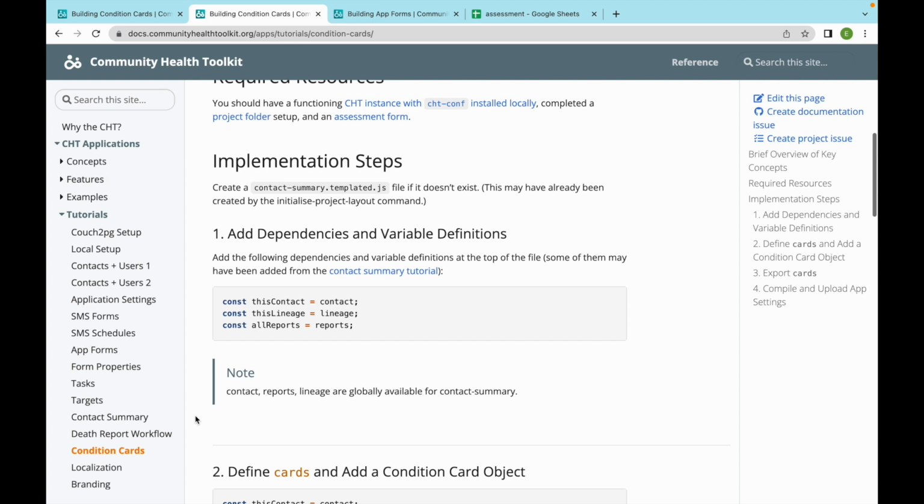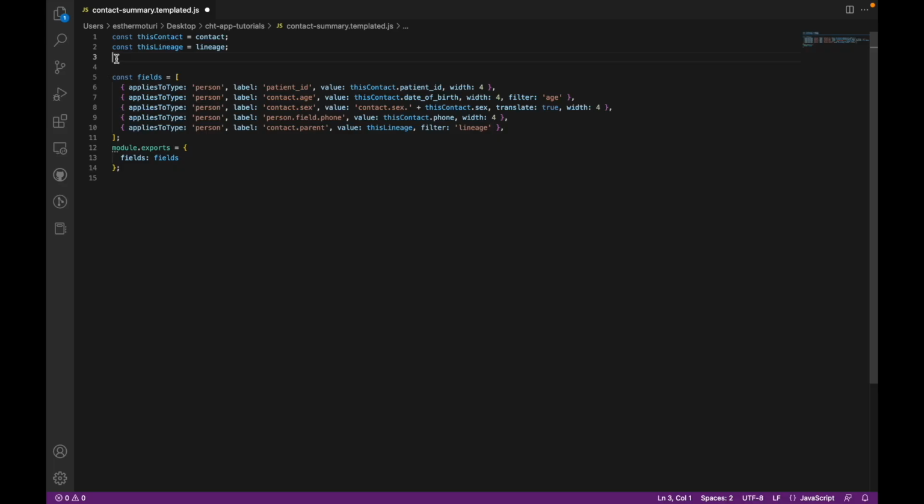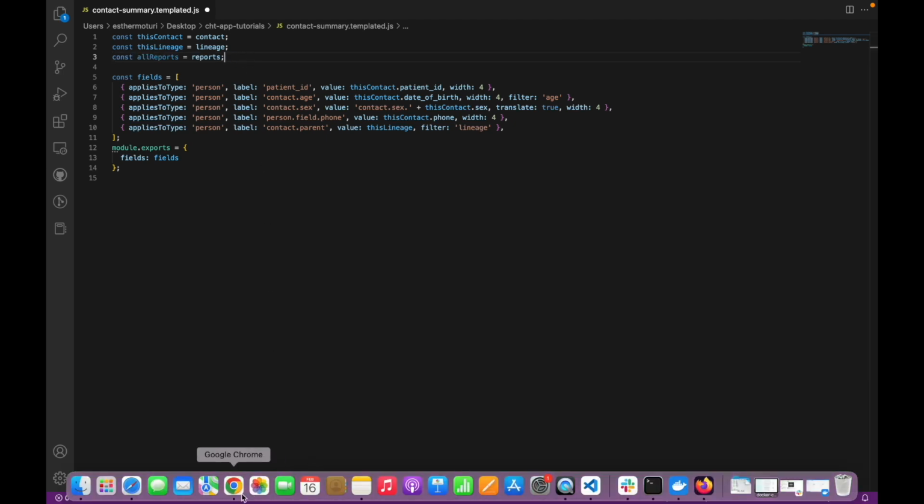Once you've done that, we'll go back to our contact-summary.templated.js file, and we're going to add this field here. The reason for this is that, remember, all the data that's going to be input in your condition card depends on the data that was filled in a submitted report. Go ahead and add this here. Once we've added it there,